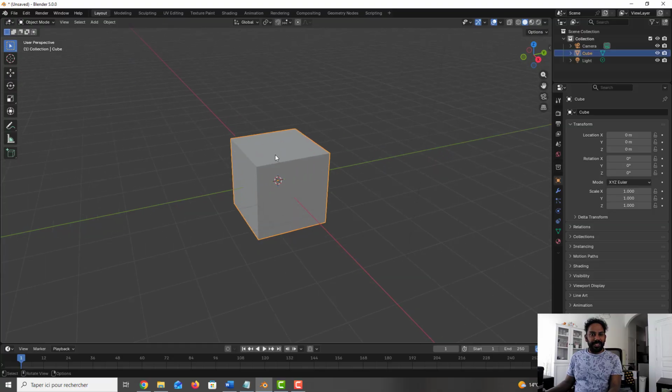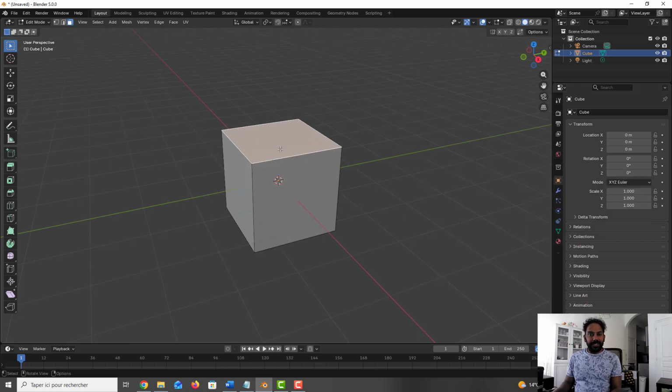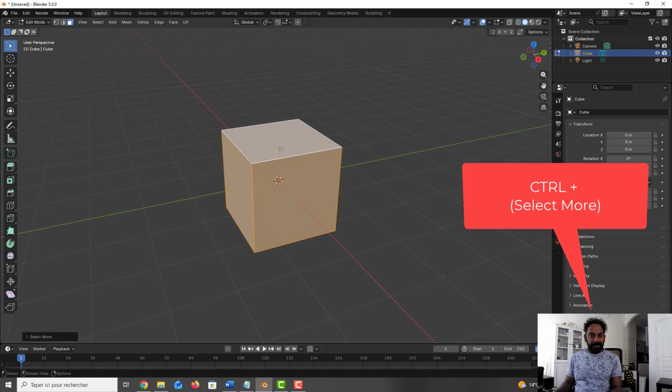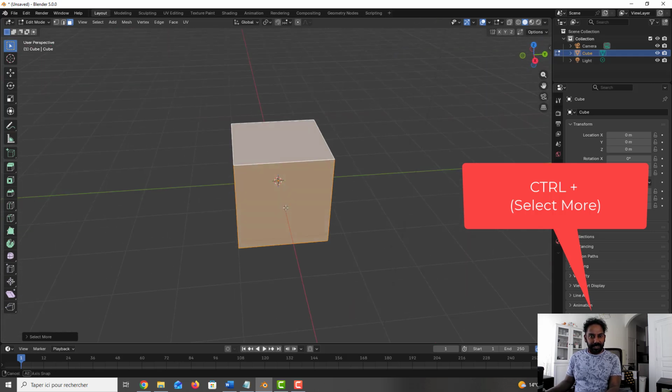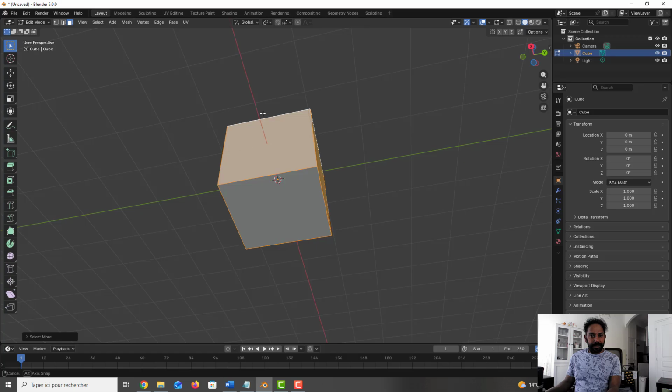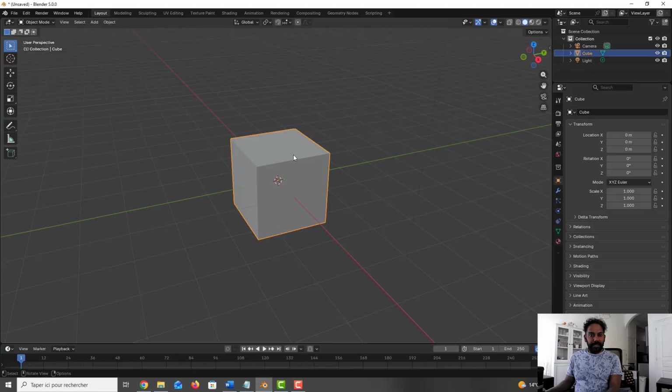Okay, the selection now. I press Tab. I select the face. If I want to select more face, I press Ctrl plus, like this. And it will select all around. And Ctrl plus again. If you add an object, you can press Shift A, but it will be independent from